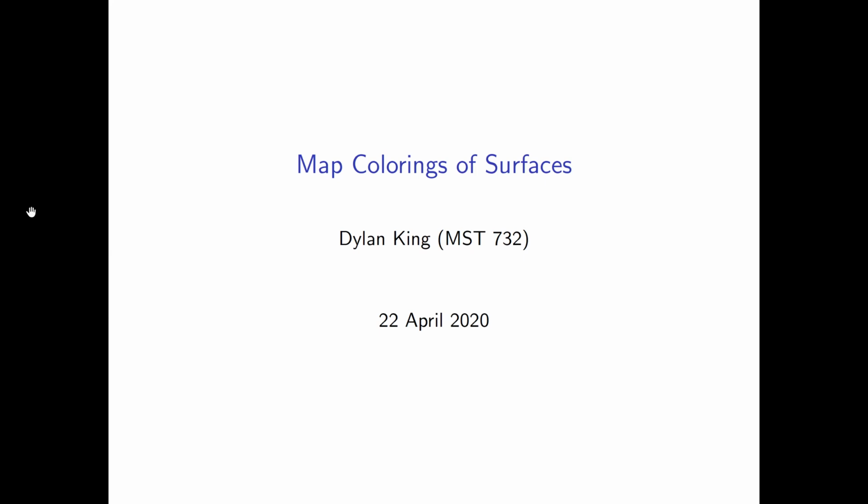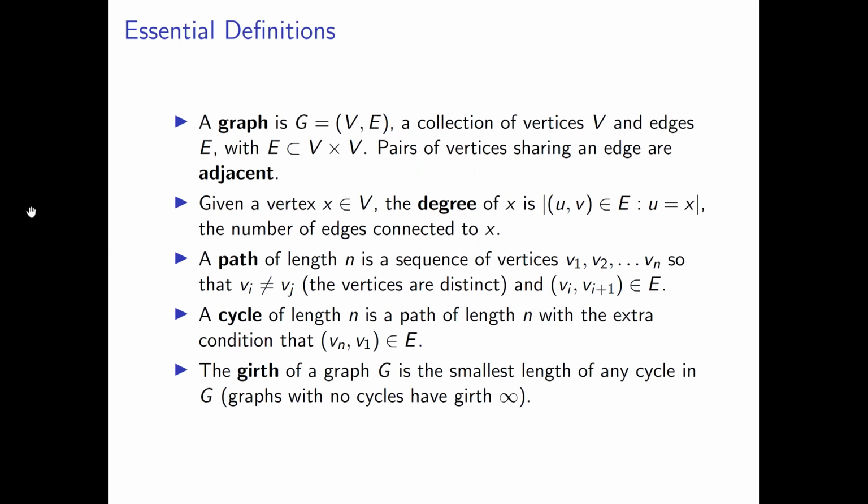As in the title, this talk is a lot about colorings. I know that not everyone can see all of the colors as well, but I think I've tried to make everything pretty visible. So, without further ado, we've got to get through a few essential definitions. All of the topology we're going to need for this talk, we've already covered in class plenty enough. But like I mentioned, there's a decent amount of combinatorics involved, and so we're going to need to cover that